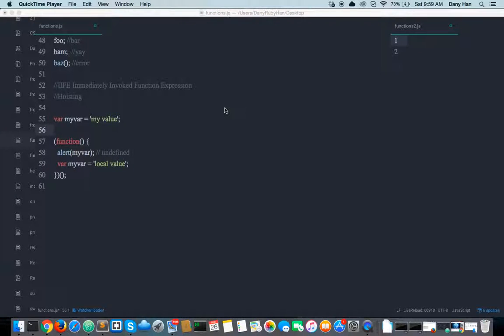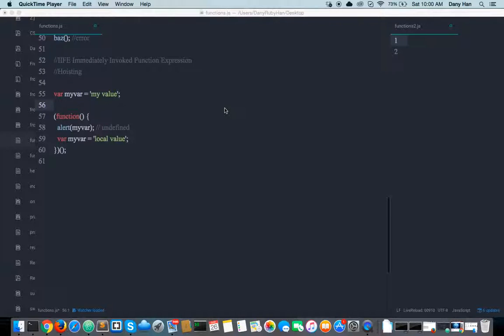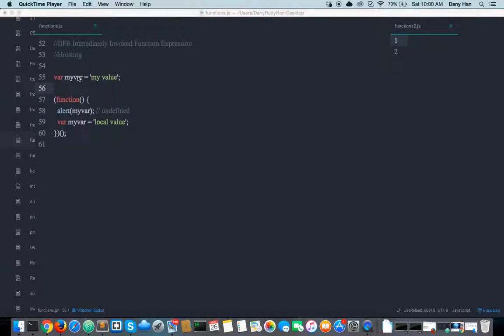Guys, here we go. Let's talk about what happens with IFI. IFI is immediately invoked function expression. And with IFI, we're going to talk about what happens at the compile phase, and then another phase that happens right after, the execution runtime phase. So here we go. At the compile phase, the job of the compile phase is to